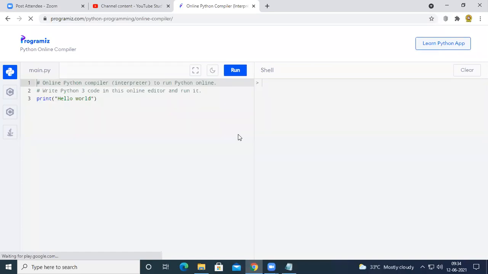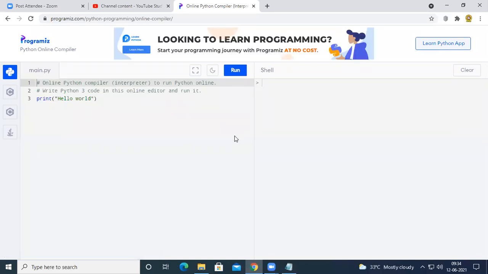So far in the previous sessions, we had completed the topic of strings: how to define a string, how to slice a string, how to find the length of the string, and how to use the format method, join method, split method, etc. on strings. We had also seen how to convert a string into uppercase or lowercase, or how to find a substring in the given string. So in the previous session, we have learned all these things.